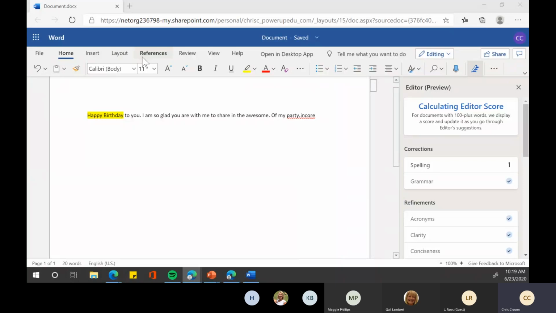I did show you how to make those header sections in the full version of Word. I wanted to make sure you're aware that you can actually do that here in the online version as well. Let's see. So if I type a heading, so heading number 1, heading number 2, heading number 3,